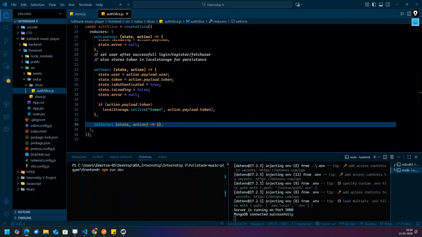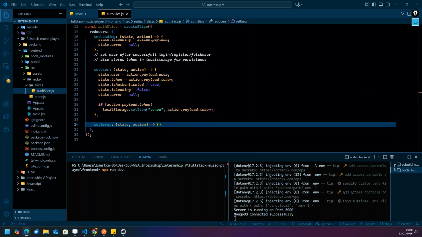Nobody wants their website to be broken. Instead of that, only I can write a message. What message can I write in the response? Okay, something went wrong. You have seen in so many websites, if something is not working, they only write something went wrong or 404 error. Like these messages we need to keep.